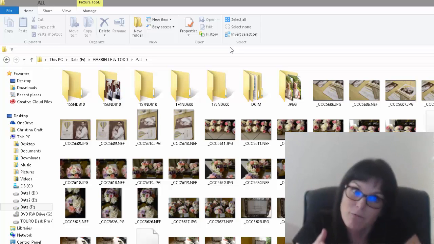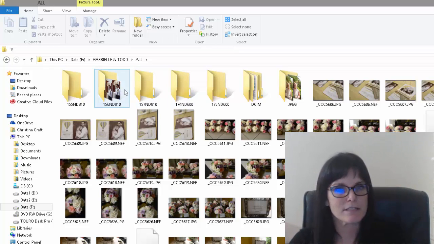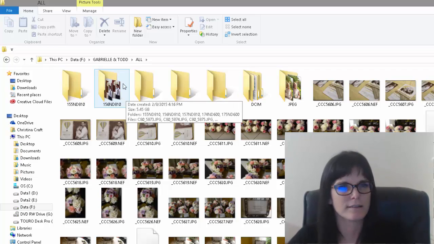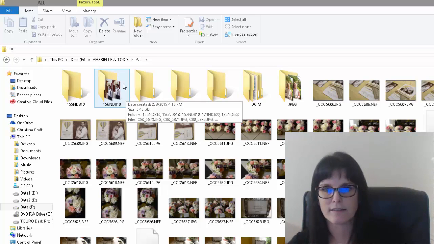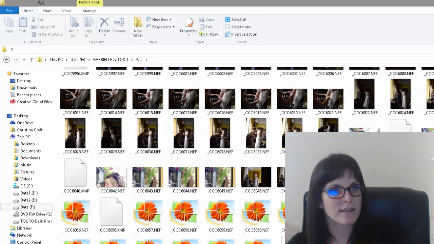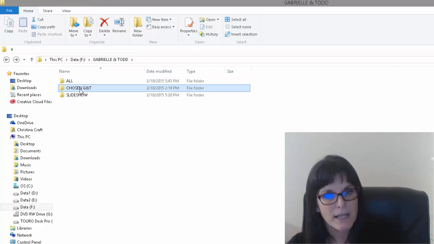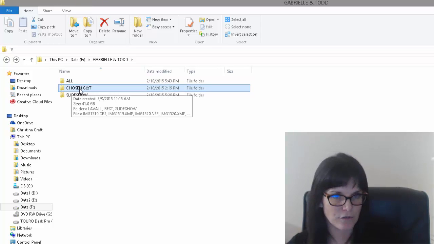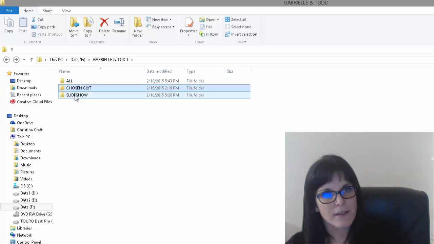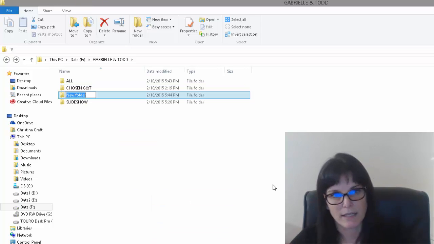I do plan out in my head what I'm going to shoot, and I try really hard to get everything right in camera, but sometimes I'll even take the same shot two or three times just to make sure it's in focus. So you'll see I've got all these images here, and I move them into a folder, and I've already separated out the ones that I'm going to choose, and these are the ones that I upload into Lightroom. I'm going to talk a little bit about how I choose those files, but I just wanted to start with what I do. The other thing I will put into Gabrielle and Todd's folder as I go along, because I'm just in the middle of editing this, is I call it package, and it's the final